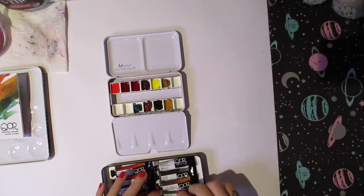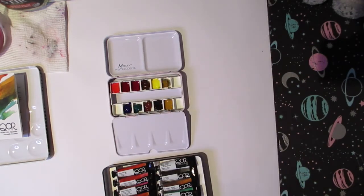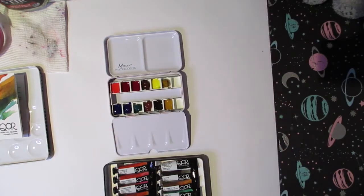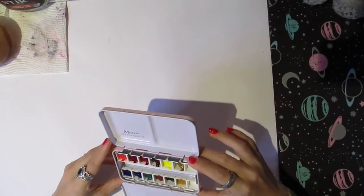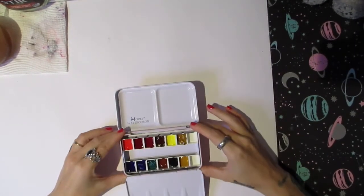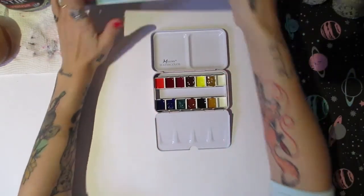But yeah, I had fun squeezing out all the colours into the little half pans, and so exciting. I love them. I have poured the palette. It's a little messy, but it still looks good. I'm excited. So I'm going to be swatching on this